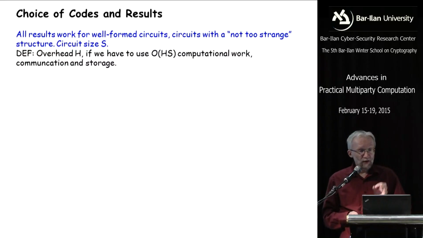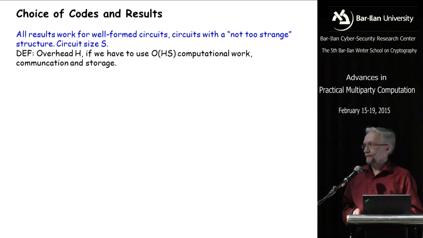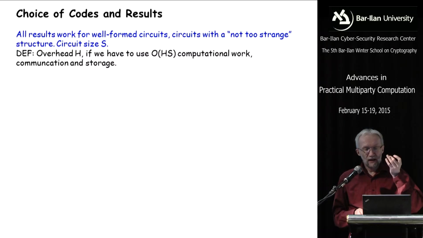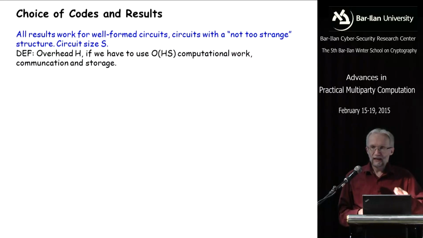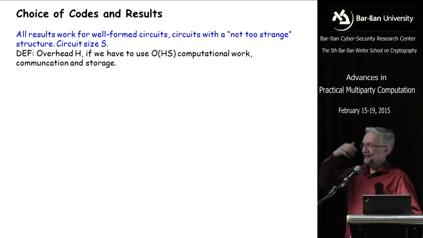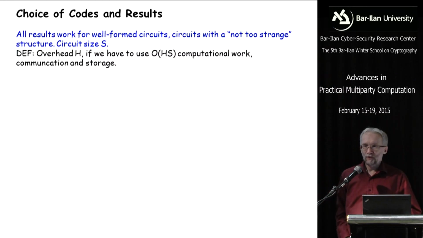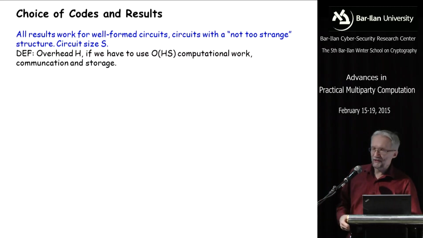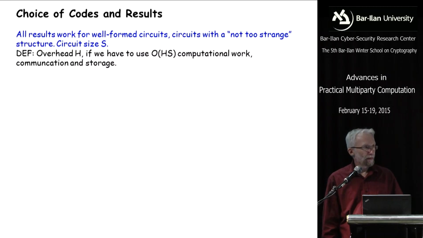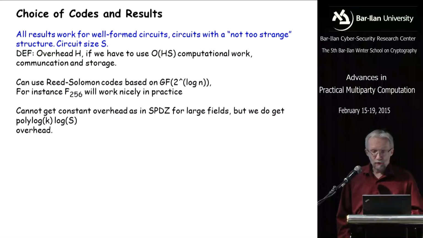Anyway, the circuit size is S. That's what I'm going to call it. So let's say that the overhead is H. If I have to use H times S as computational work, communication, and storage, that's just to define what is overhead. I would like to arrive at S for computation and data, but if I can't do that, if I pay an extra factor H, I'll say the overhead is H. Okay? Good. So if I use Reed-Solomon codes, this is what we talked about before for the code C,